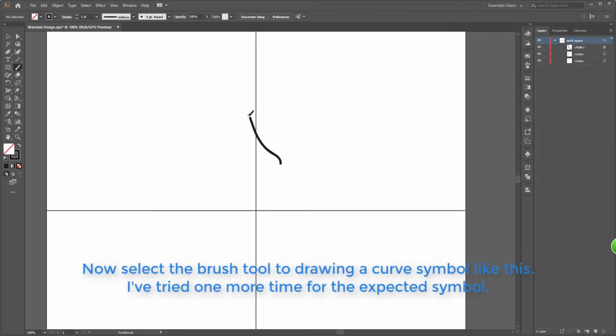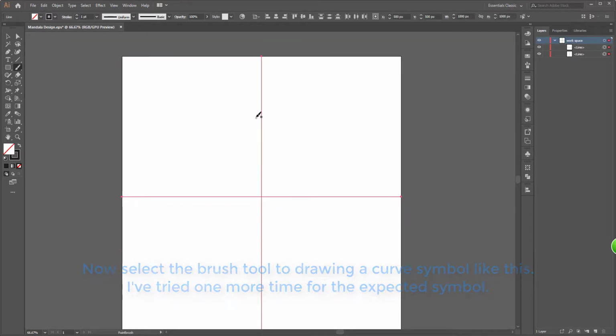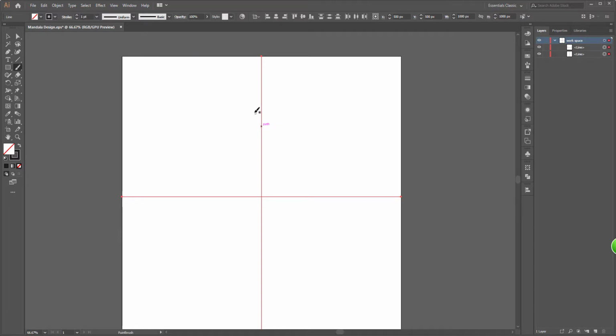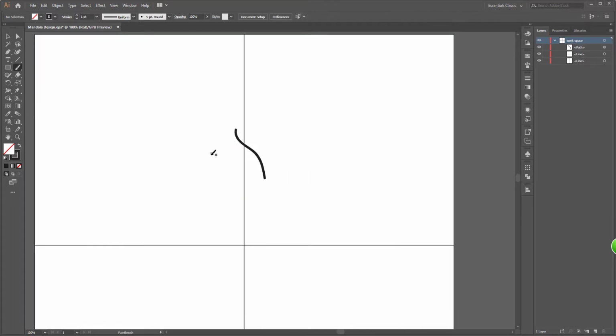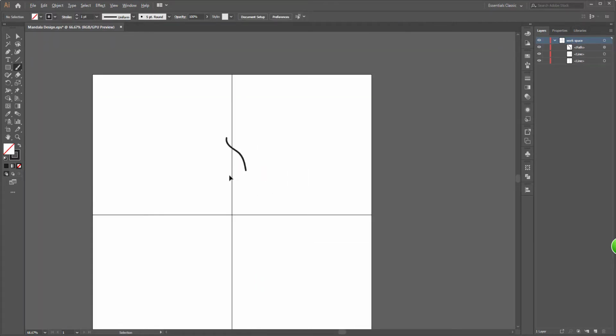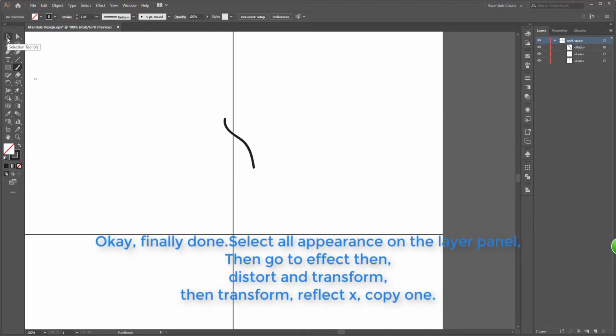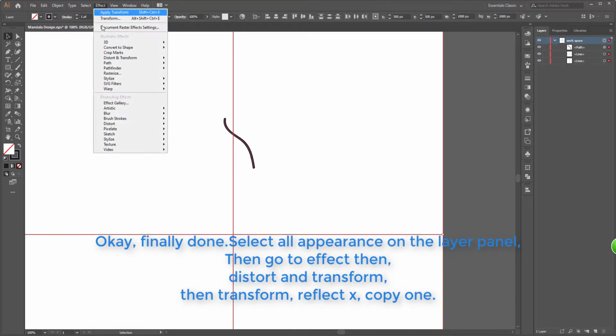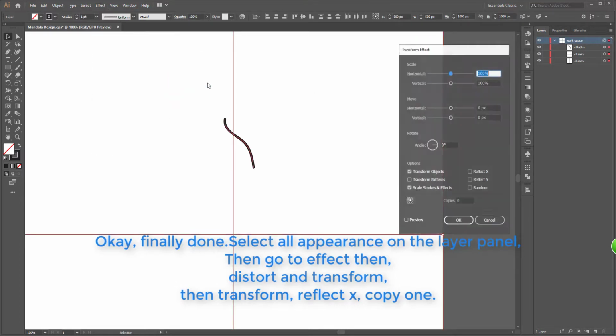Now, select the brush tool to draw a curve symbol, like this. I've tried one more time for the expected symbol. Okay, finally done. Select all appearance on the layer panel, then go to Effect, then Distort and Transform, then Transform,